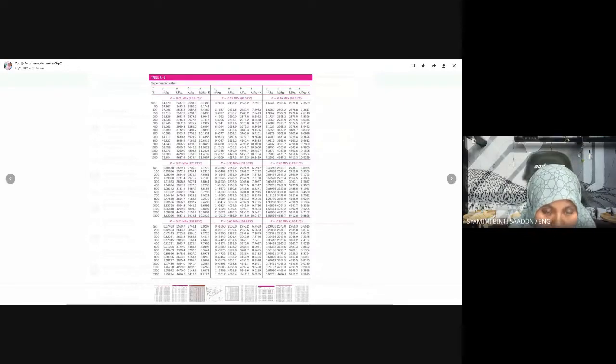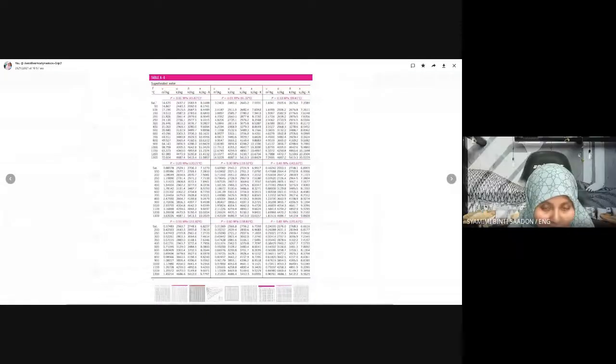Is it 2828.3? Yang mana? Which one? Dalam table yang mana satu? Pressure? Table untuk pressure 1.0 megapascal dengan saturation temperature 200. 0.1 megapascal tu 0.1 megapascal, 100 kilopascal